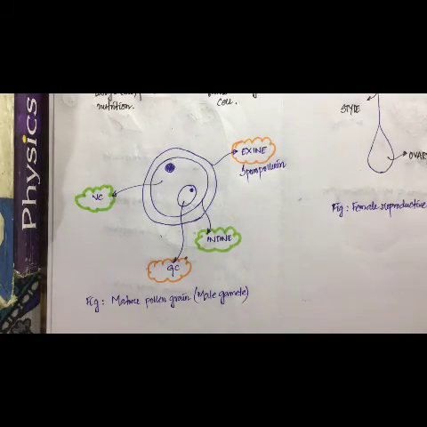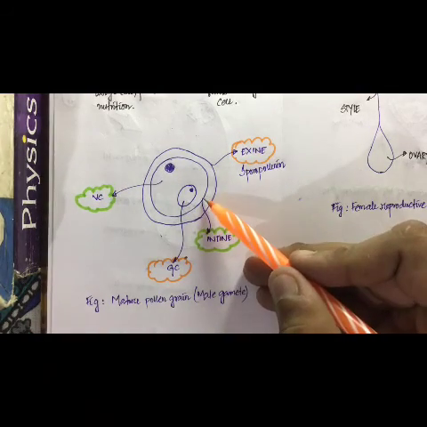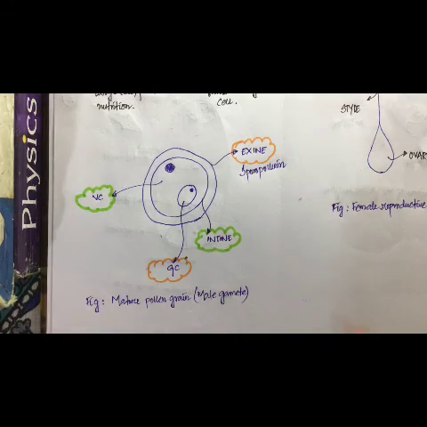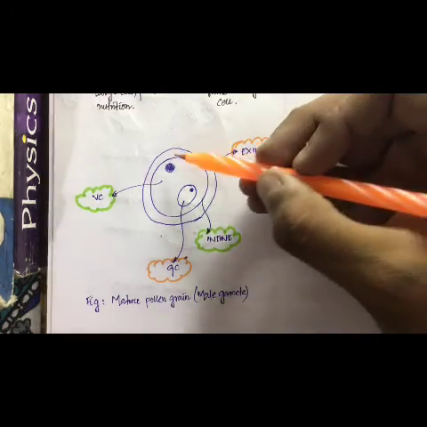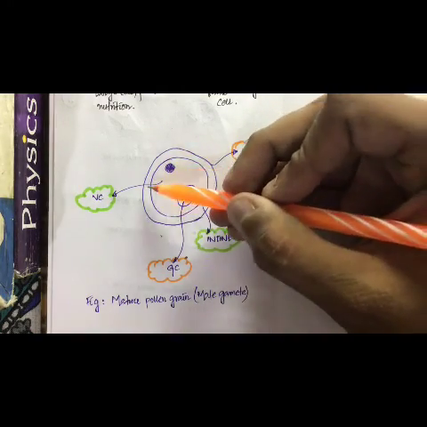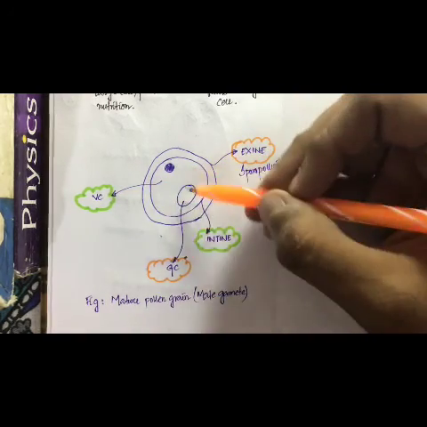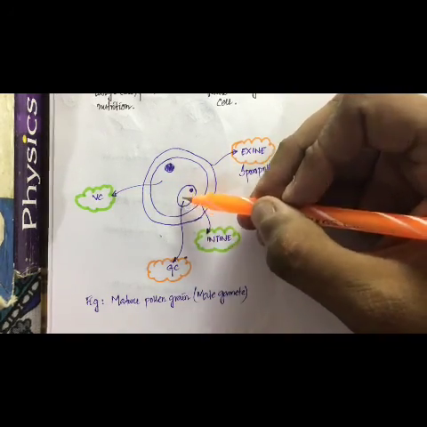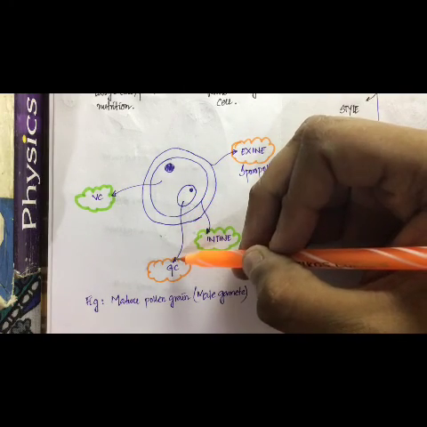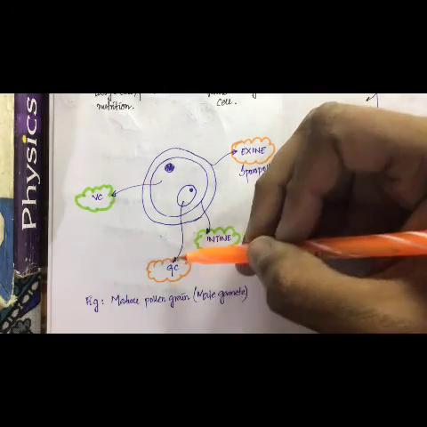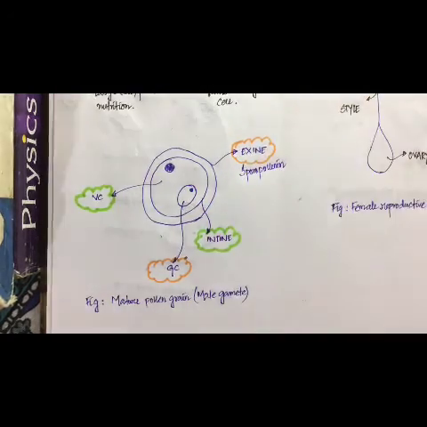Clear? Whereas the inner layer is called intine, and this intine is thin and soft, and it is made up of cellulose and pectin. It contains two cells. You can see the larger cell, which contains a large nucleus; that's called the vegetative cell. And inside this larger cell we have another small cell, and the name of this small cell is the generative cell. So VC means vegetative cell, GC means generative cell.